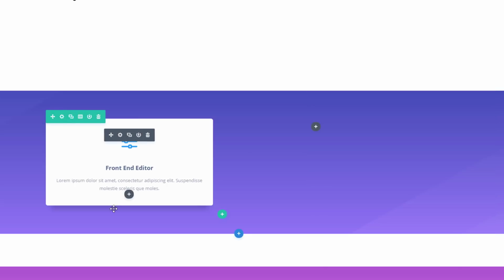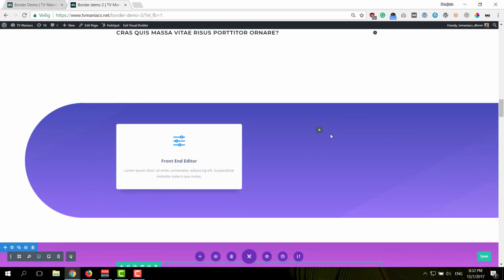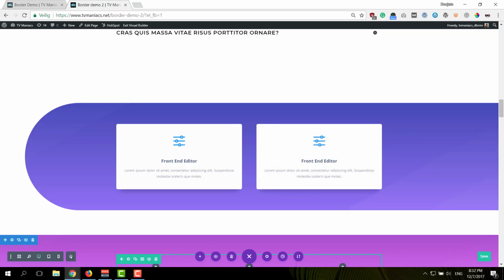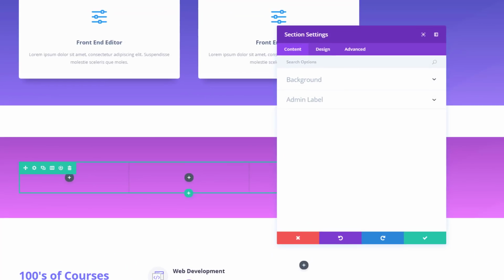And here I go. So now I can clone this blurb module and place it in the other column as well. And here we go. We have the first section completed. And if we want to do the same thing for the effect on the other side, we'll simply open that row